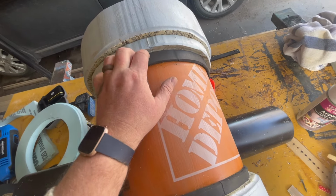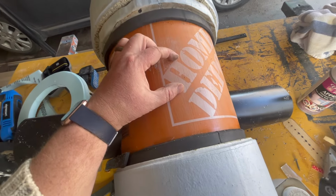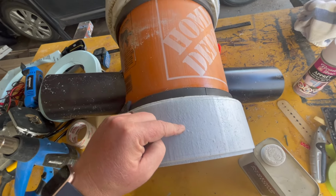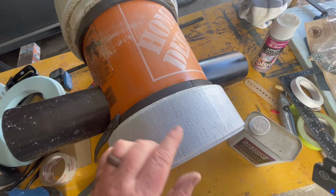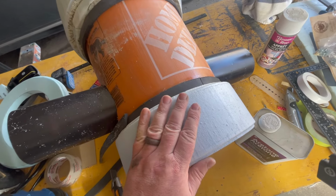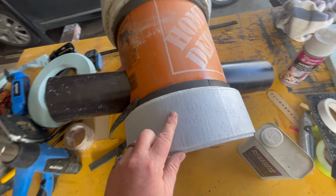Regardless, this is a 1-inch band, and this is a 3/4 inch band. There's a 2-inch band that's got to go here, and a 2-inch band that has to go here, with another 1-inch band that goes on top of it. Now, contact cement will eat through styrofoam, so we can't do that one just yet. I'm going to go make up some mixture of some caulking and some water, and I'll describe how we seal the styrofoam. Speaking of sealing the styrofoam,